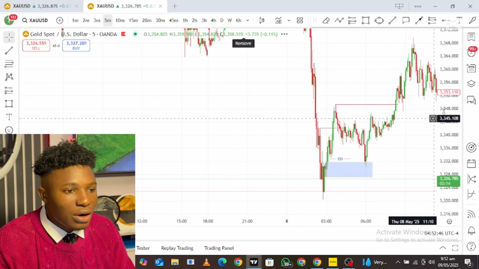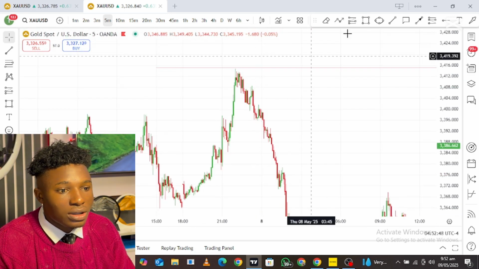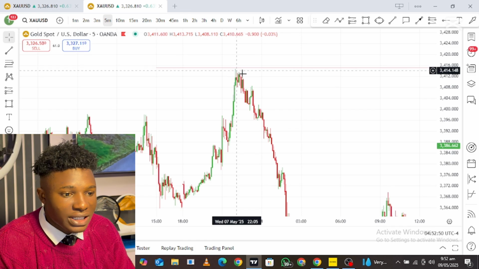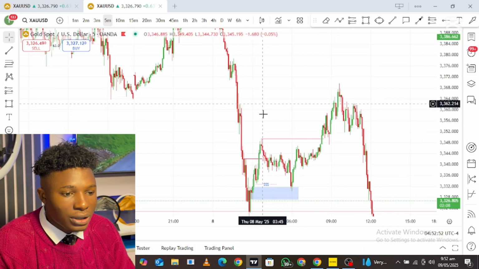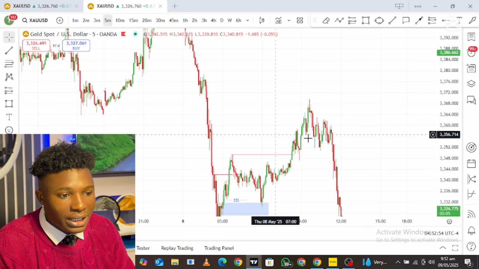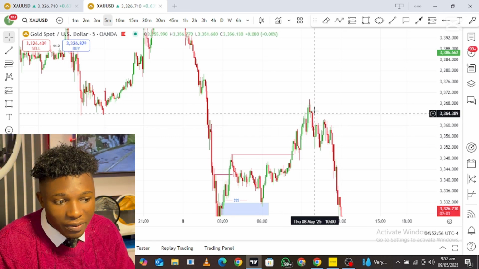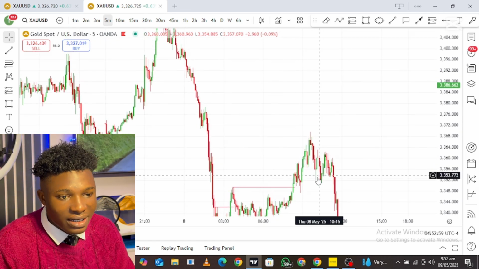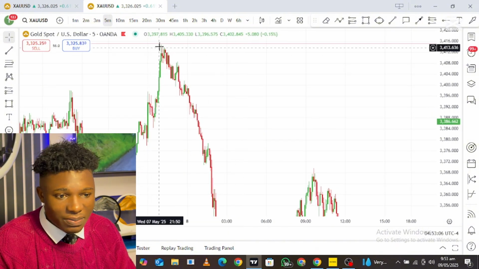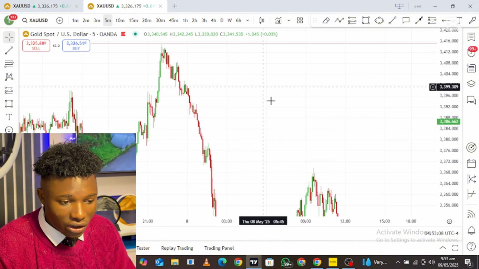So this was where I was anticipating for price to get to. Can you see on the 4-hour time frame? Our price ended up going above this particular high. Then I was like, okay, let me just hold on the market because I did set take profit right here, but I let the market run around there. I'm going to show you guys. This was where I was expecting price to get to before we went in a bearish direction.